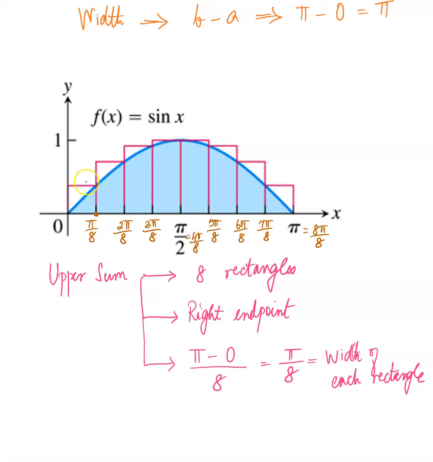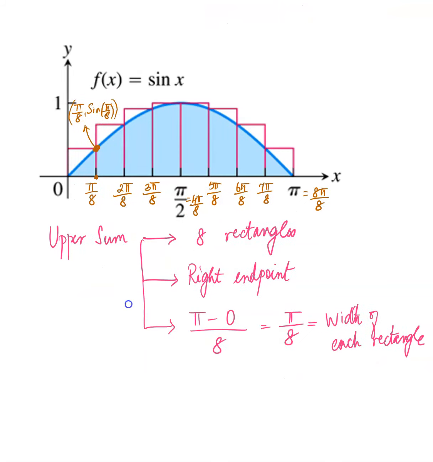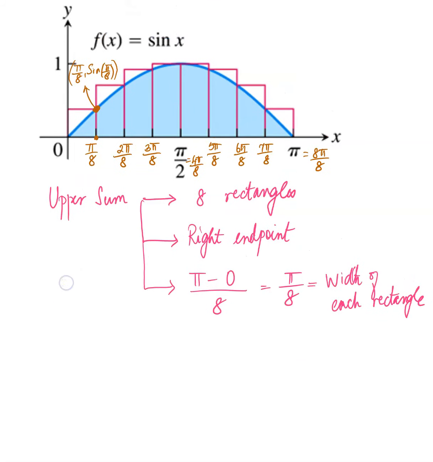Alright, so if you looked at this end point here, we're looking at the right end point. So for each rectangle, you're looking at the right end point. That will be pi over 8, comma, sine pi over 8. If I were to write for each one of them, it's going to get pretty cluttered. So keeping the visual here, I would like to write the area. And the width is pi over 8, so I'm going to put the width first. So width times the height of the rectangle is sine pi over 8